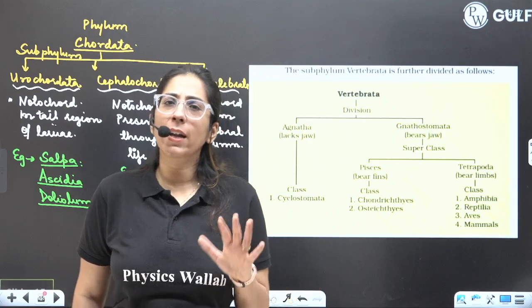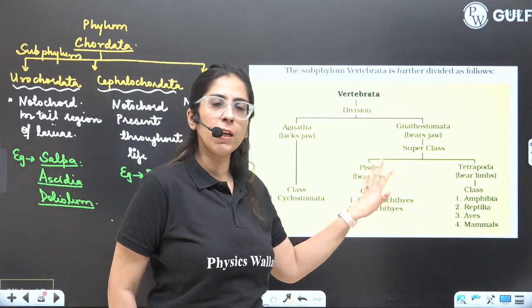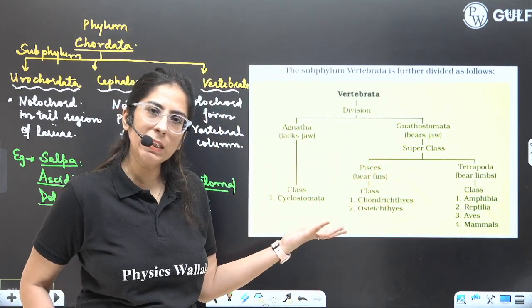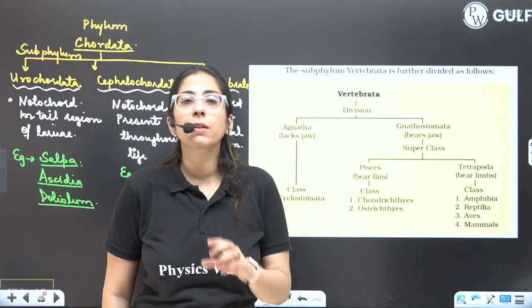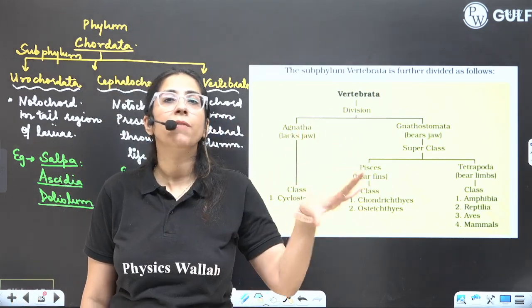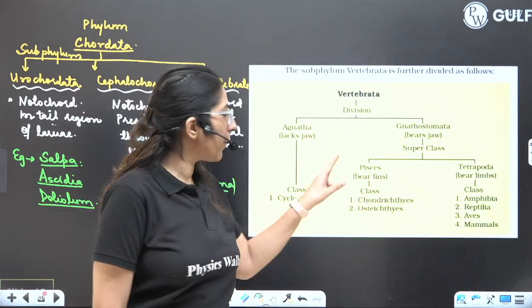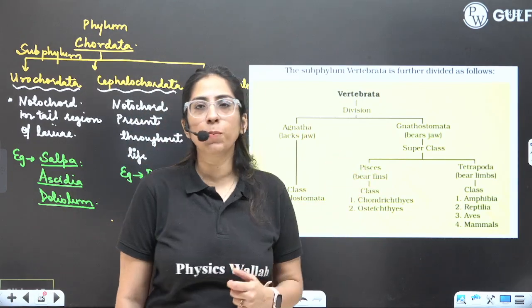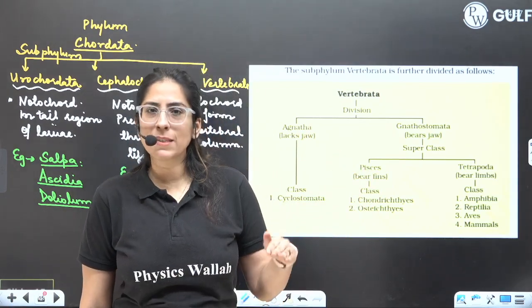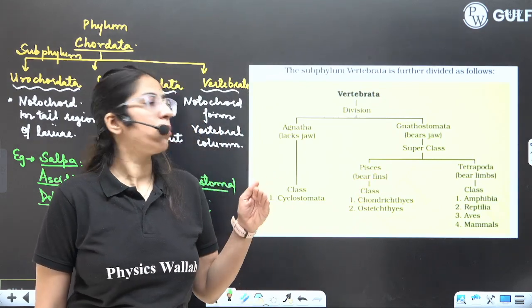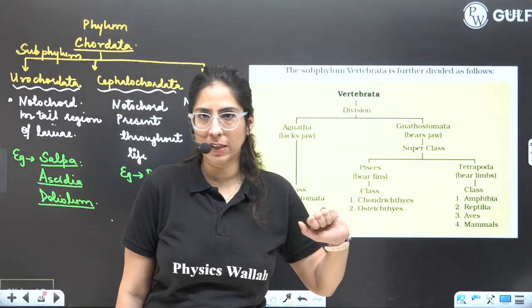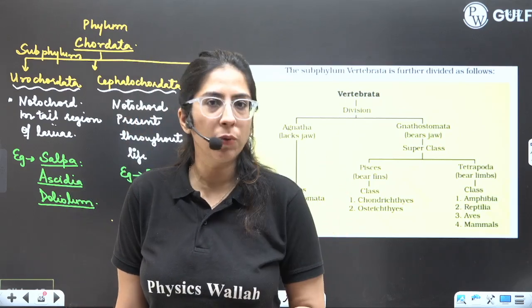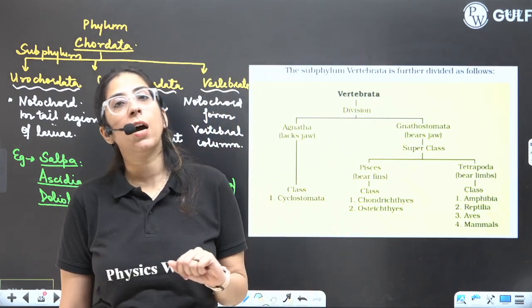If jaws are there, then Gnathostomata. If jaws are absent, that means Agnatha. If jaws are there, then we will see whether the organisms have fins or limbs. If fins are there, we'll put them under the superclass Pisces. Pisces has two further categories, class Osteichthyes and class Chondrichthyes. Osteichthyes means your bony fishes and Chondrichthyes are your